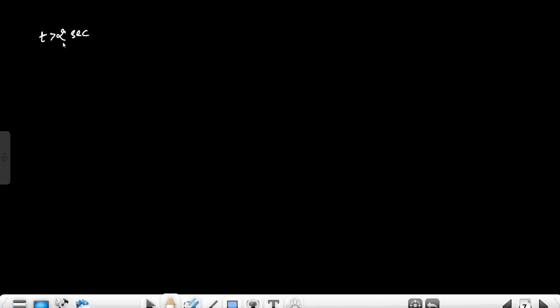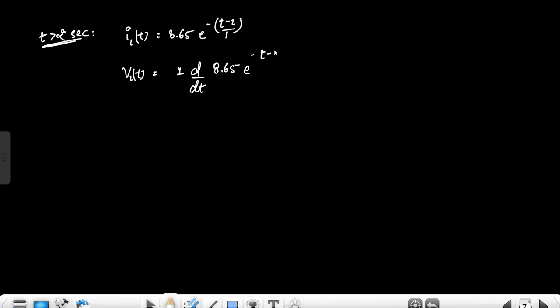See the circuit after t greater than 2 seconds. So for t greater than 2, the inductor current equation is 8.65 e raised to power minus of t minus of 2, right? So basically this equation we will derive according to this relation, that is VL(t) is equal to L times the derivative of this 8.65 e raised to power minus of t minus of 2. So simply it will be 8.65 and minus, right, this minus, and e raised to power minus of t minus of 2,